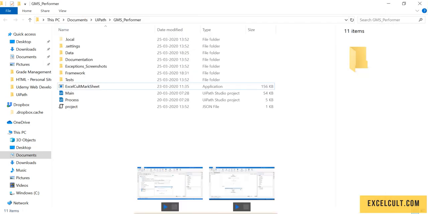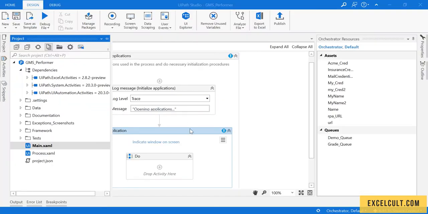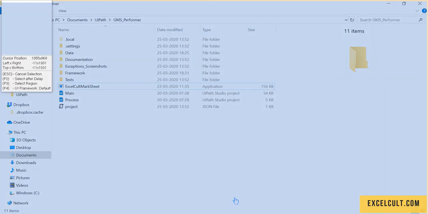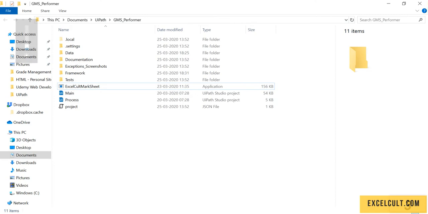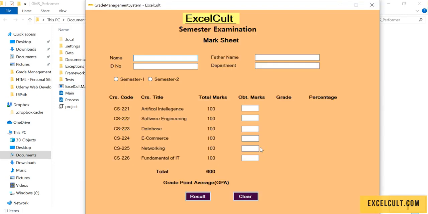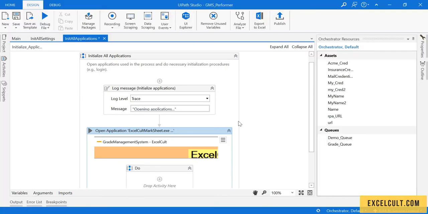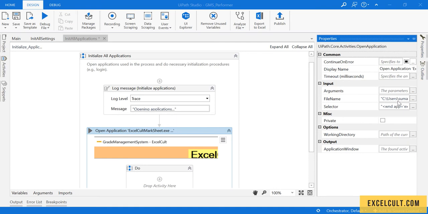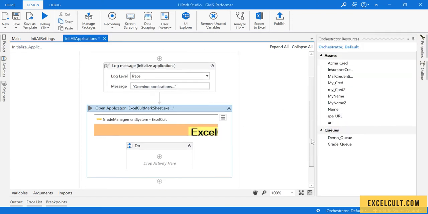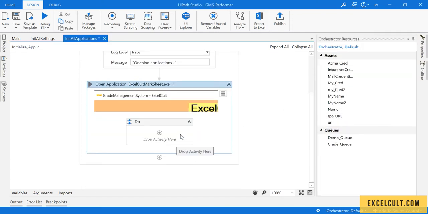I'm going back to the code right here and try to indicate that particular screen. Click F2 and then launch this and just indicate the screen, the desktop application. As you can see, it has taken the path of it and the selector of that. Okay, so this should actually launch my